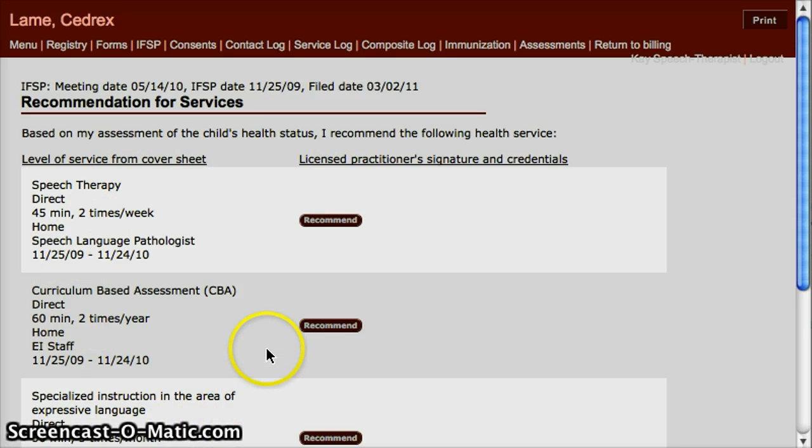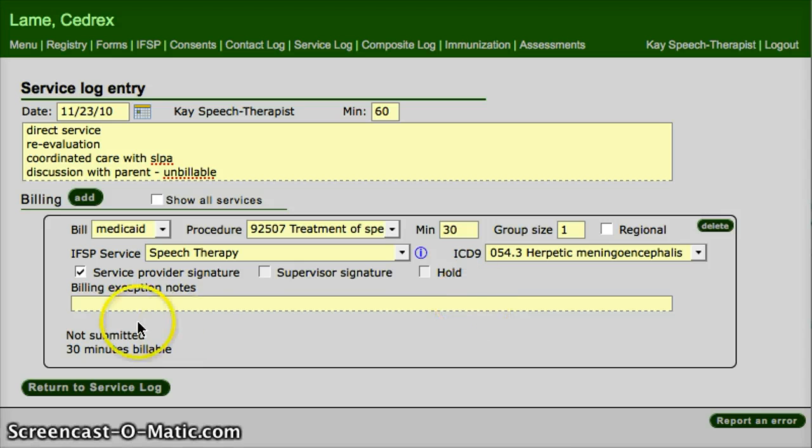And here's the service recommendation screen, and here's the speech therapy service, and I want to recommend that service. So I'll click that, and now it's recommended by me. And when I return to the billing screen, then that error has disappeared. So now I have a good billable record here, and I might want to add now another billing record for